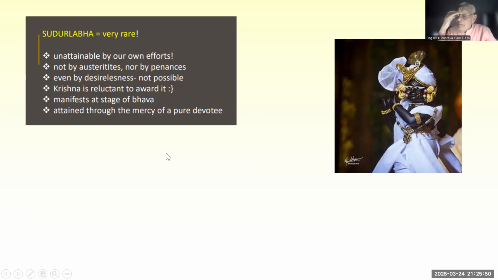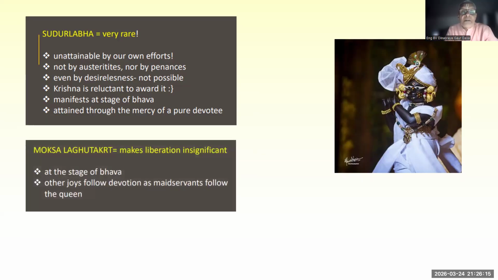In Bhagavad Gita, Krishna has already said, Sa Mahatma Sudurlabha. Jnanvan Mam Prapadyate. Vasudeva Sarvam Iti Sa Mahatma Sudurlabha. So this is very rare, because attaining pure devotional service like what Mother Yashoda got, what Arjuna got, is very, very rare too. Then when one is in Bhava Bhakti, Moksha Laghu Krat. That means liberation becomes insignificant for pure devotees. He wants to render devotional service eternally, whether here or in Goloka Vrindavan.